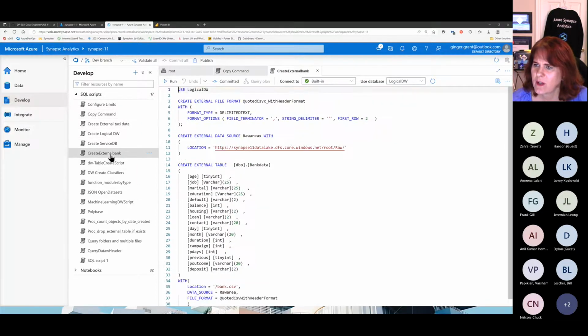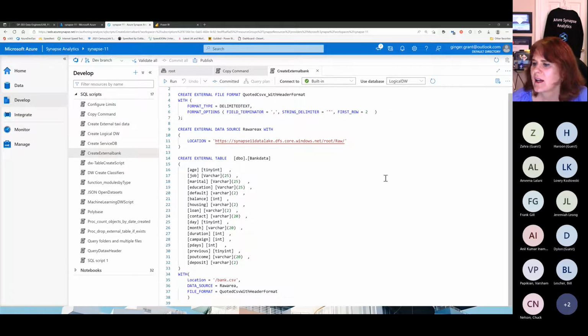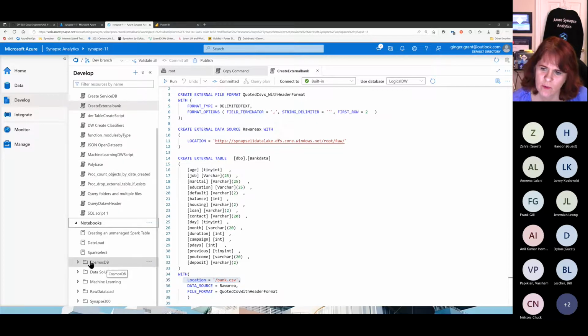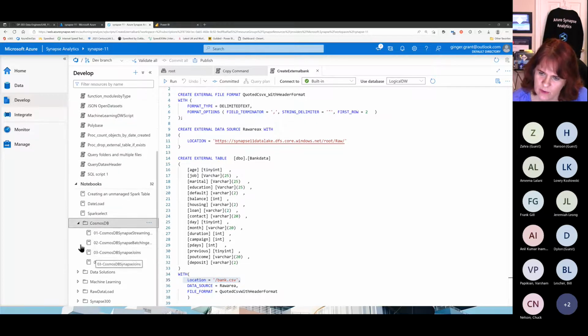I've also created an external file in a logical data warehouse, and I've saved that off. And notice here it's getting it from a CSV file. So these are where I can save off my scripts. Now I can be fancy, and like I've done with my other notebooks, I can create folders and put elements into folders so that it's a lot less messy than what I have up here. So this is where I would save off SQL,